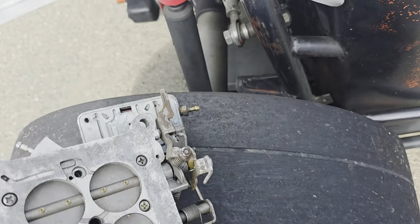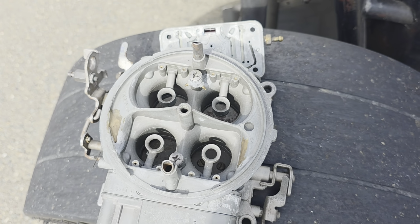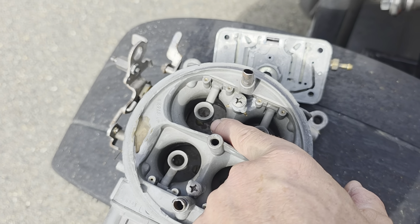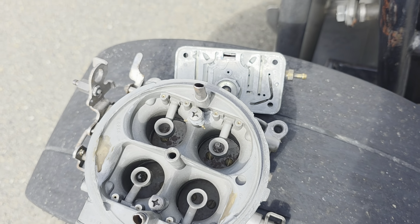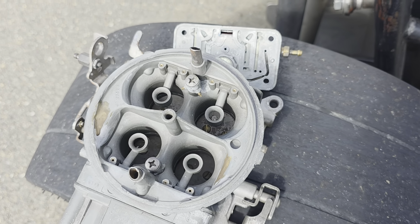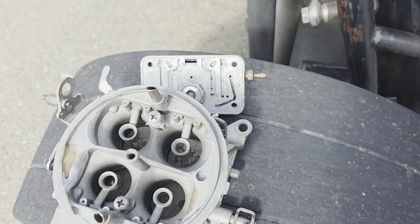So what had happened was, and I'm not sure if Patrick was part of this or if it was already that way, but I would say when you're going through a carburetor like that, those would be things you check. All I did was loosen these screws on the butterflies right there, and move those butterflies just a little bit, and that changed my transfer slot. So those were not where they should have been, and the linkage, both carburetors being connected together, allowed the other carburetor to be opening the slots the same as the one that was open too much. So there was a problem, and that needed to be addressed before I thought about drilling out